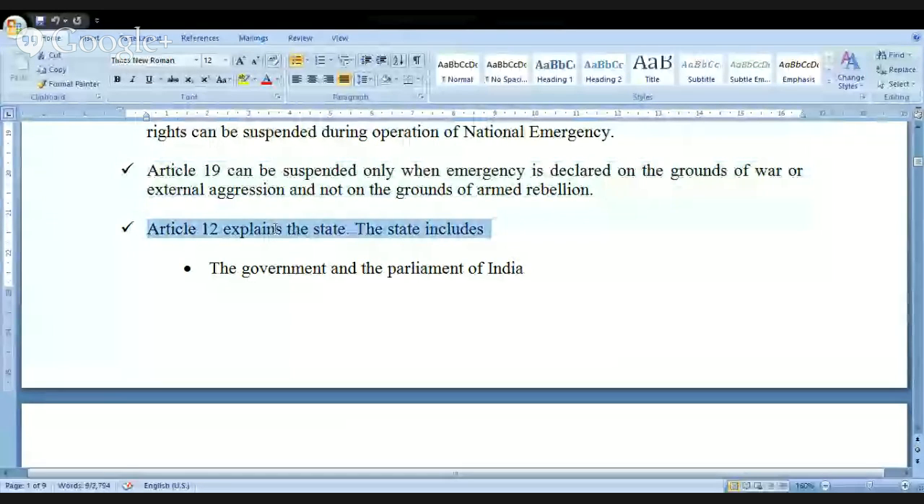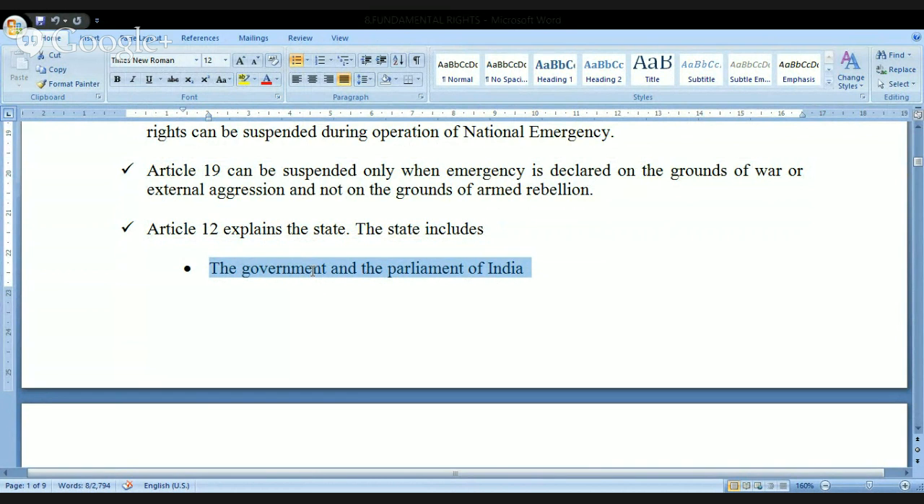Look at this. Article 12 explains the state. And whenever we use the word state, we have already seen this. The state includes the government and the Parliament of India. I need not explain this to you at this stage because you are thorough with this. The government of India and the Parliament of India,